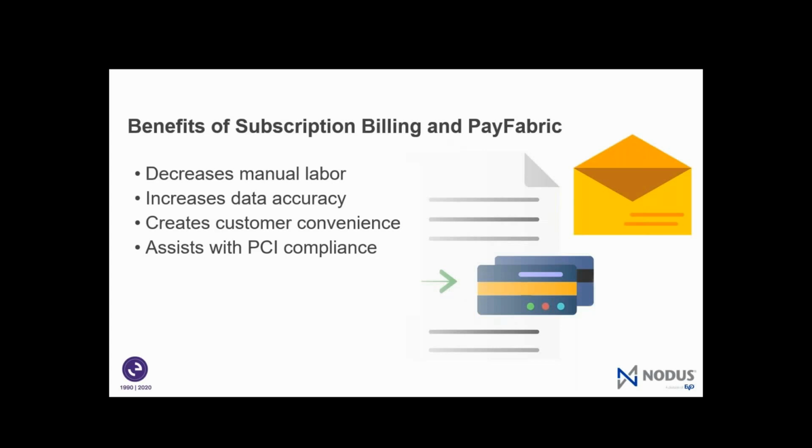Okay, that was great, Fawaz. Thank you. I hope that both Fawaz and I have shown you through our subscription billing and Pay Fabric solutions that together we can increase employee productivity by eliminating some repetitive tasks, and give you the ability to respond faster to your customers' inquiries, needs, and wants. And both of these solutions are going to grow with your business. So at this point,